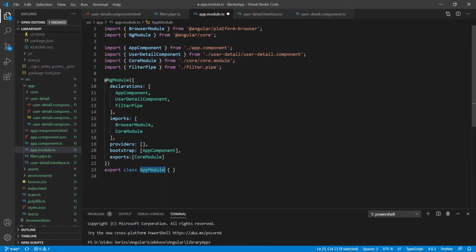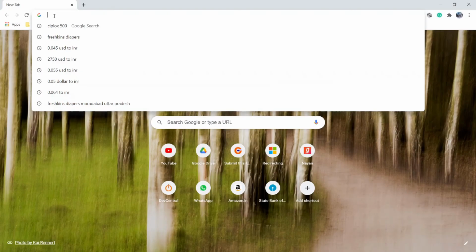Now, whichever module imports AppModule, the core module will also be imported automatically. Or in other words, along with the AppModule functionality, the core module's functionality will also be made available or imported. So here the core module will be re-exported. In the case of CommonModule, it's BrowserModule which is re-exporting the CommonModule. Let's open the URL